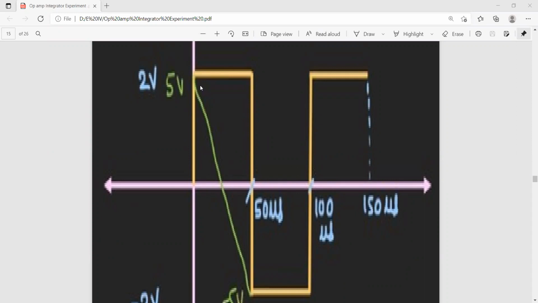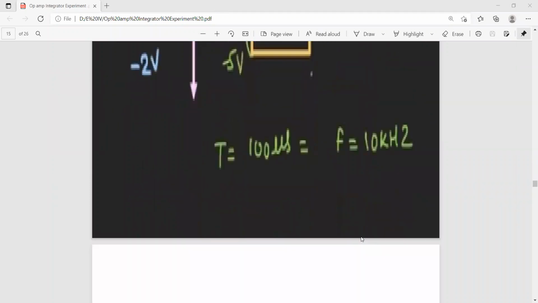So therefore, it will become like this. But whenever it is becoming minus, it is moving in the upward direction. So that is exactly opposite to this. That is from 50 to 100 microseconds. From 50 to 100 microseconds, it goes on incrementing, and it will reach the maximum state. Again, it is coming down. So that means a triangular waveform will be obtained. Whenever you apply a square wave, the output of this one is a triangular wave.